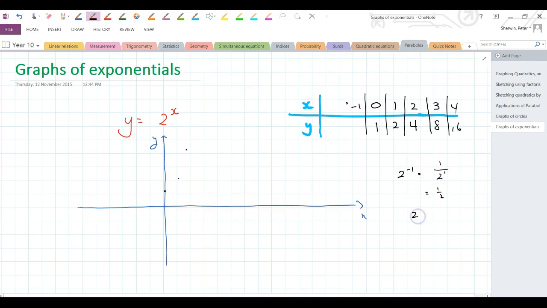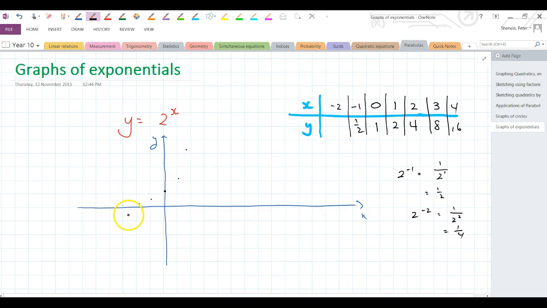And 2 to the minus 2, so I'll put a half in here. I know I've got minus 1, so I'm in there somewhere. When x is minus 2, 2 to the minus 2, I'll put minus 2 in here. What happens? 1 over 2 squared, isn't it? That's 1 over 4. So just as we're growing exponentially here, we're shrinking exponentially here, because now we're going to a quarter. 2 is a quarter, 3 is an eighth, and you can see it's getting really close to, but